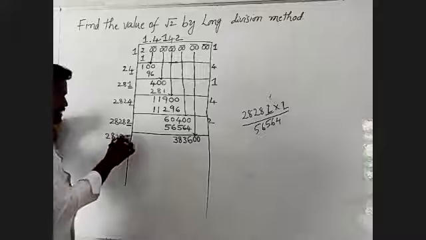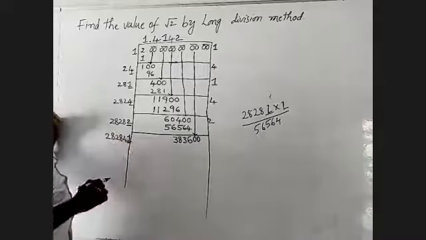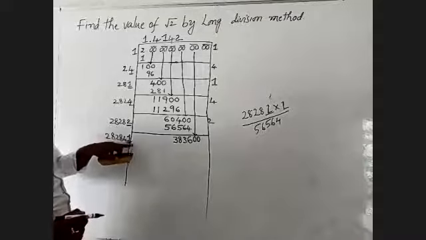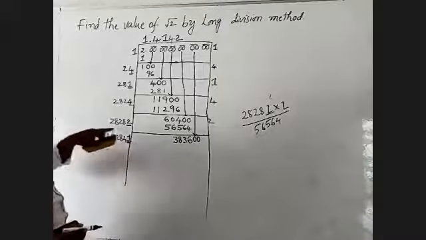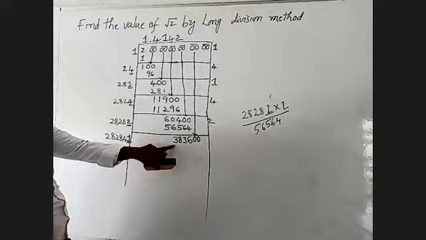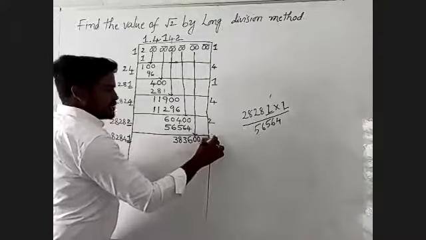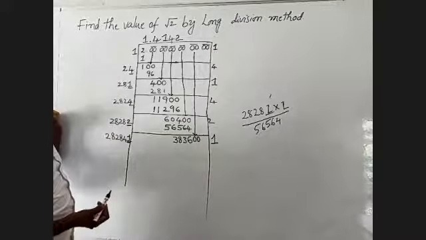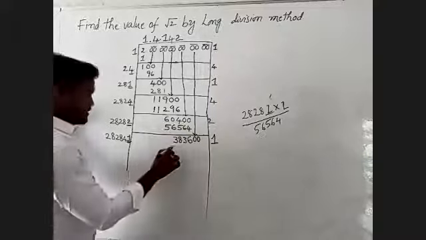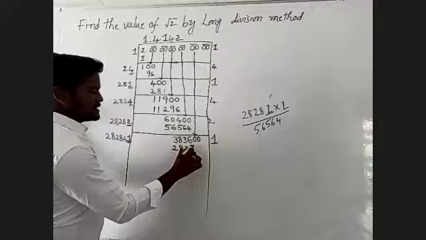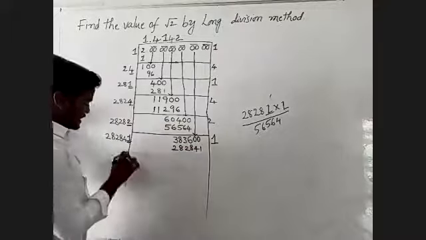28284, I will take the units plus, becomes 1. This entire equation can be multiplied by 1. Why? Because if it is multiplied by 2, the value of both equations is 4, but the given value is only 3. That means the given number can be multiplied by only 1. So the value is 2, 8, 2, 8, 4, 1, that we will take.